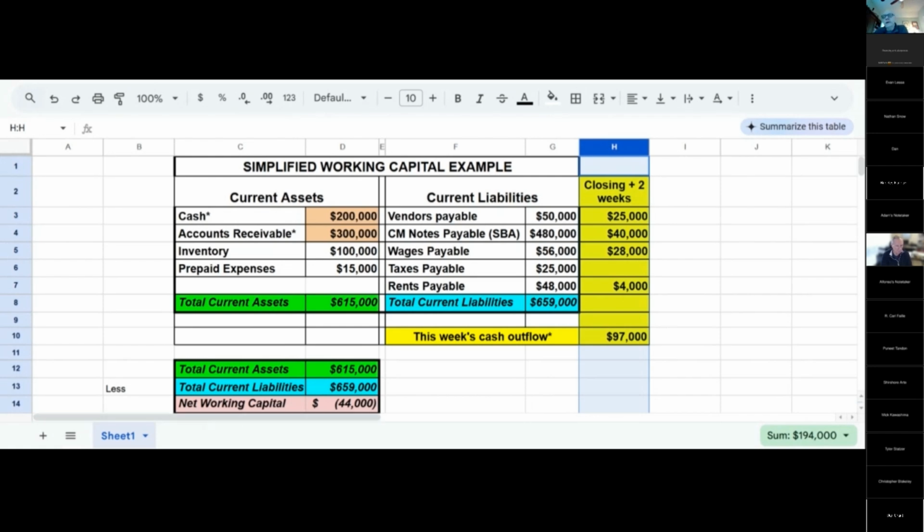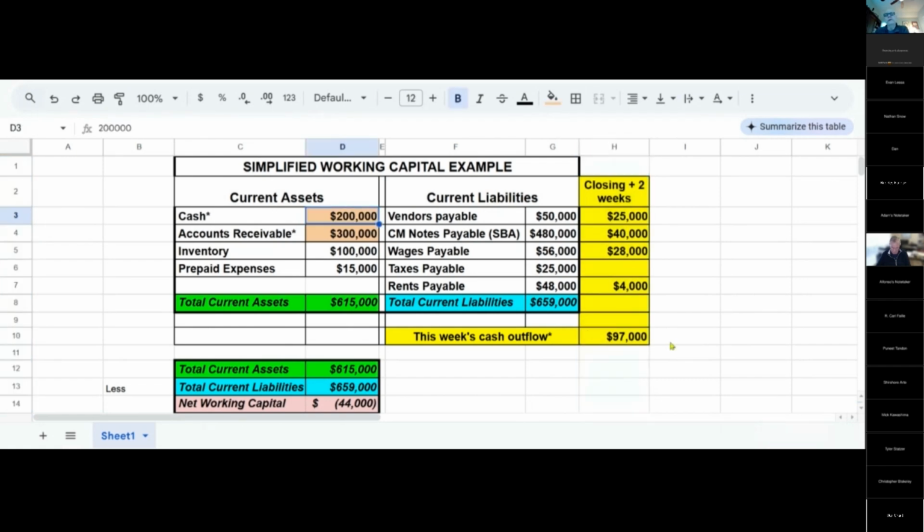Let me change things a little bit. Did everybody understand that? That's a great answer. You're spot on. You've got $97,000 to cover it, but that leaves you basically a little over $100,000 for 2 weeks later when you need to start paying bills again, right? So there's a bit of tension there, right?